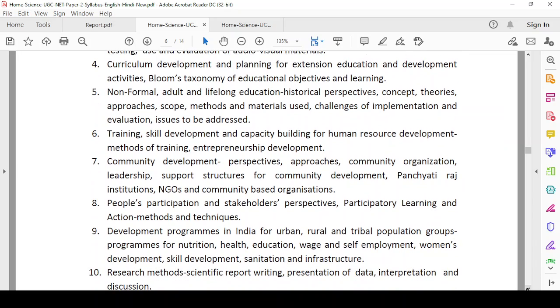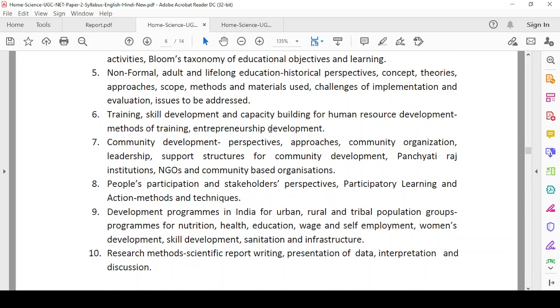Sixth chapter, training, skill development and capacity building for human resource development, methods of training, entrepreneurship development, community development: perspective, approaches, community organization, leadership, support structure for community development, Panchayati Raj institutions, NGOs, and community-based